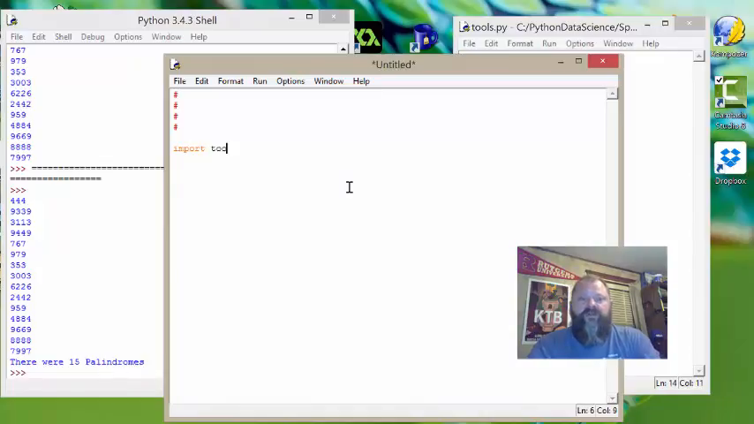So I say import tools. A equals tools.isPal race car. Okay, did I spell that right? No, I didn't. Race car, done. B equals tools.isPal 112211, which is also one. Okay, and then